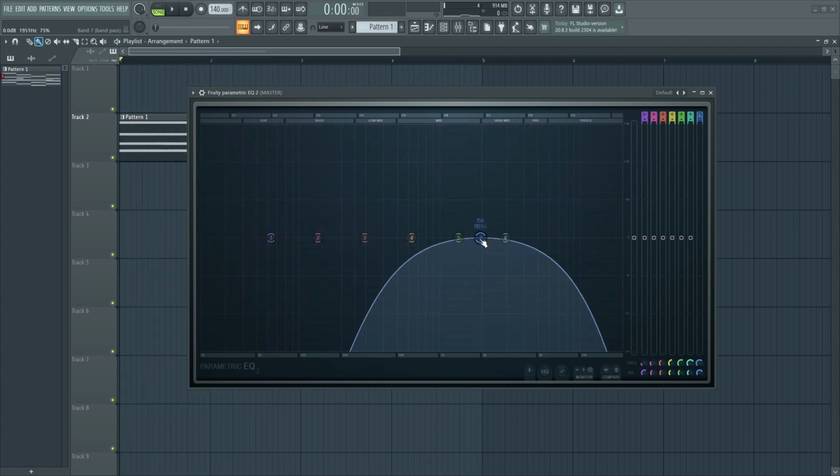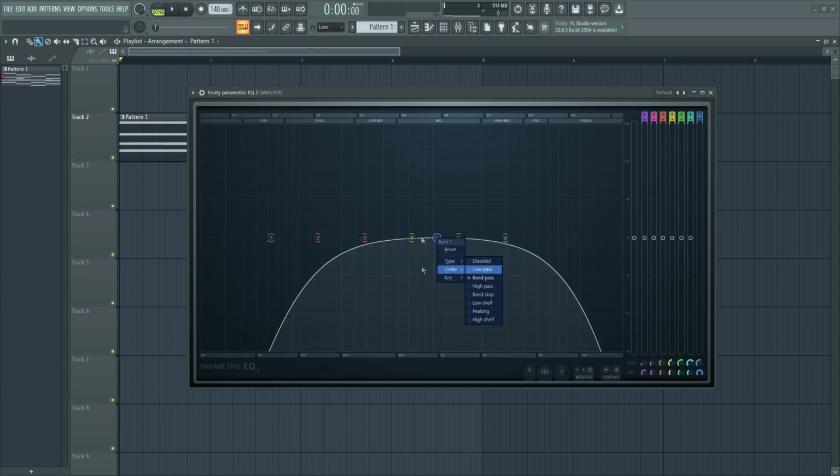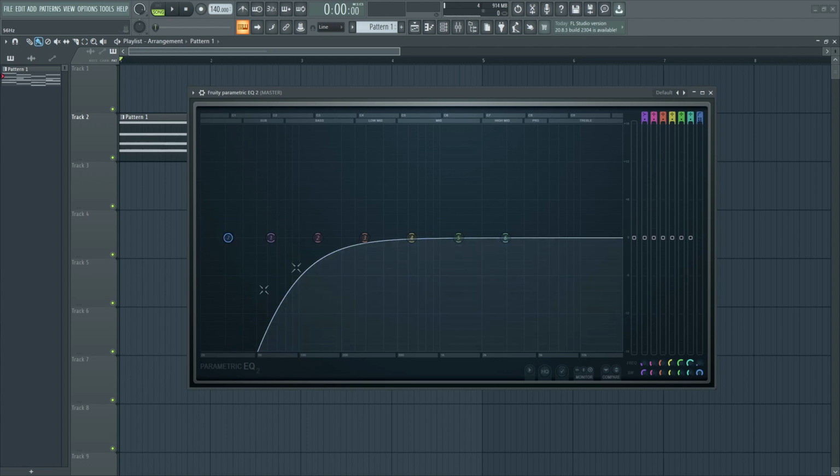In this case, if you scroll down, you'll just decrease the bandwidth, and if you scroll up, you'll increase the bandwidth. So that's how you can use band pass. Next we have the high pass filter, and it is exactly like the low pass, but this time we are cutting the low frequencies. So you can apply all the settings which we did on the low pass on the high pass filter too.